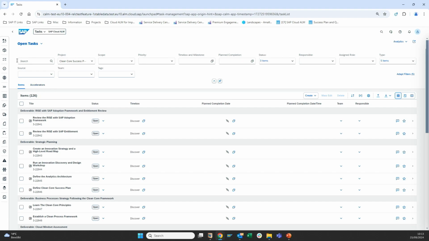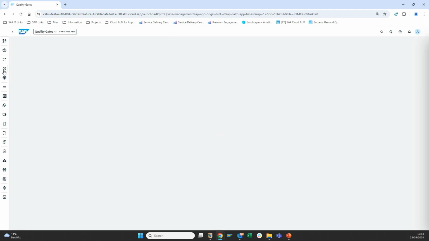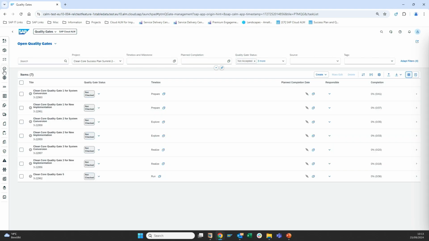So we also automatically create the Clean Core quality gates at the end, and assign them to the end of every phase. So once, assuming you have managed to complete all the activities of, let's say, phase 1, and you have the onboarding advisor supporting you with the